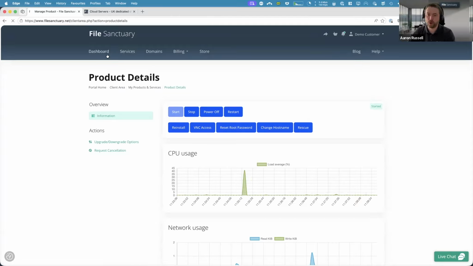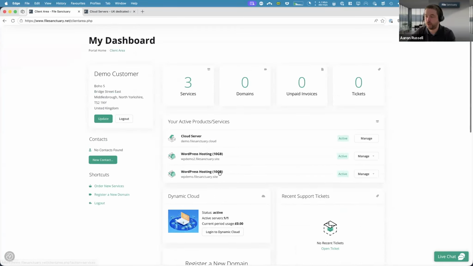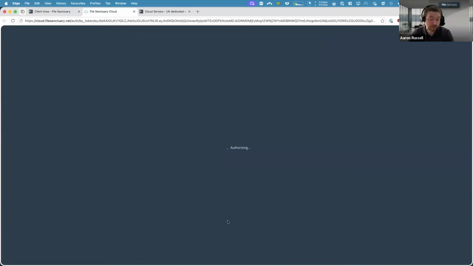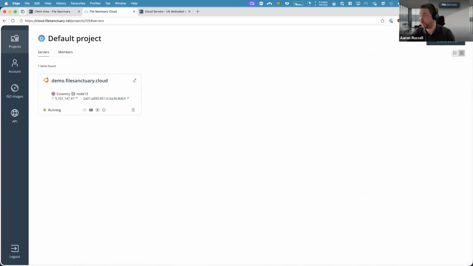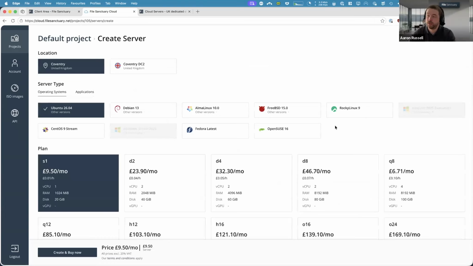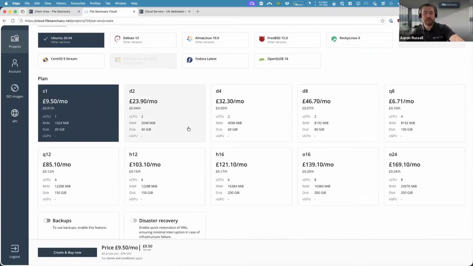Now, if you want something a little bit more advanced than that, we also have our dynamic cloud platform where you can spin servers up by the hour with post-pay billing. Great for testing or if you want flexibility. Our dynamic cloud platform, if we want to spin up a server in here, we go to servers and add a server. So we can pick from, again, a range of operating systems. We can pick a range of data centers. These ones come in cookie cutter style plans with set tiers, so you always know where you stand in terms of packaging. This is really useful because you can programmatically spin up servers, and I'll explain more on that in a moment.